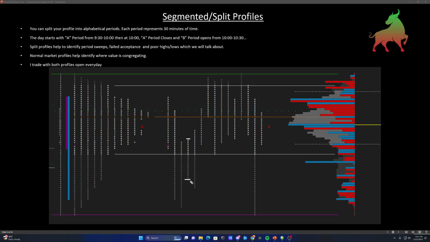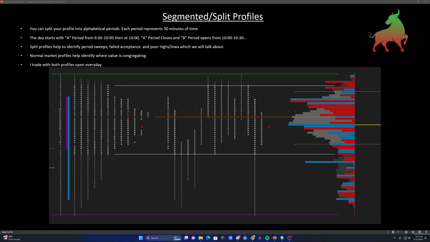Failed acceptance and period sweeps. If we look at D period here, we can see that E period swept D period, failed to accept price or pressure on the bid below D period, got back into D period, and we rallied to the upside. This is something that you want to look for when you're trading market profiles. J period. K period comes down, breaks below J period, fails to accept price lower below K period, and starts driving to the upside. This is actually a poor high. We haven't touched on it, but we will touch on it, and you guys will know exactly what I'm talking about here